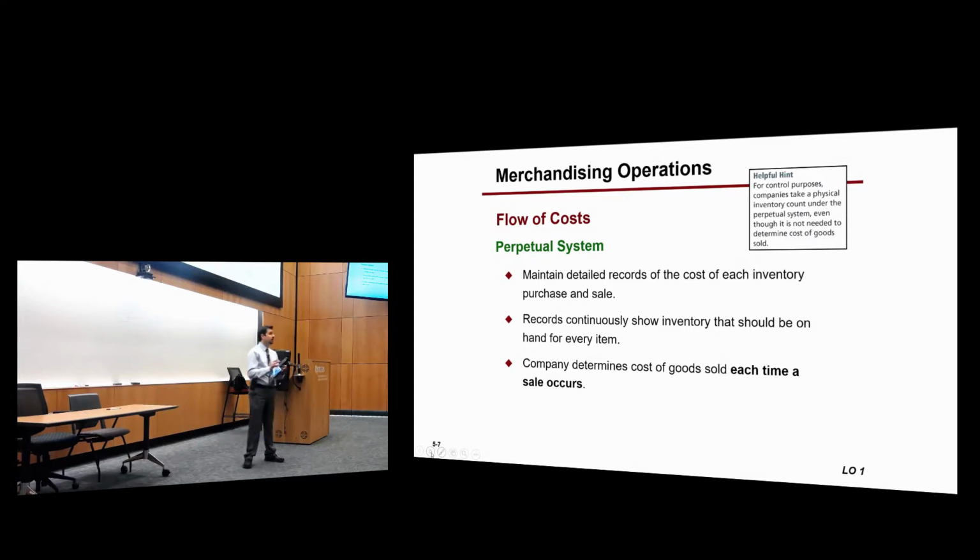Now, it doesn't mean that they do that every time. It's not all companies. But the spread of these computerized systems is making it easier for companies to adopt a perpetual system. Okay? Now, companies that have big value items, like cars. Ford, for example, wants to know exactly how many cars they have at every moment. So those companies always use perpetual systems. They want to track at each point in time how many they have from each model, from each color, etc.